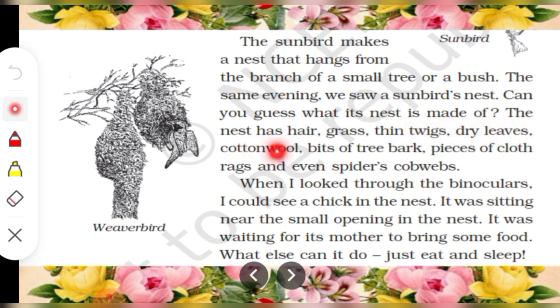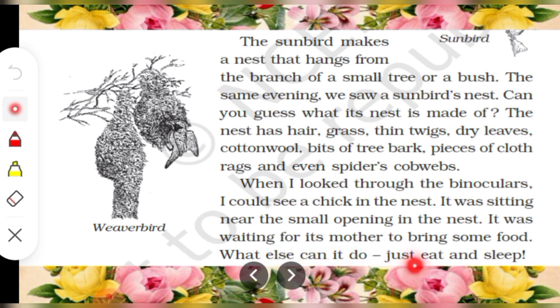The nest has hair, grass, thin twigs, dry leaves, cotton wool, bits of tree trunk, pieces of cloth rags, and even spider's cobweb. When I looked through the binoculars, I could see a chick in the nest. It was sitting near the small opening in the nest. It was waiting for its mother to bring some food. What else can it do?